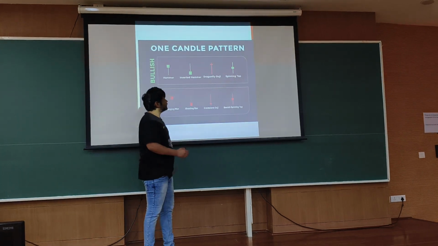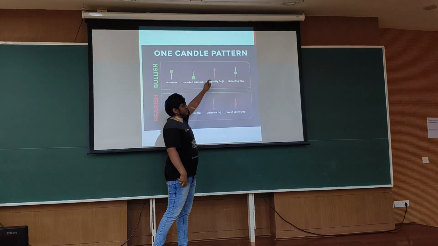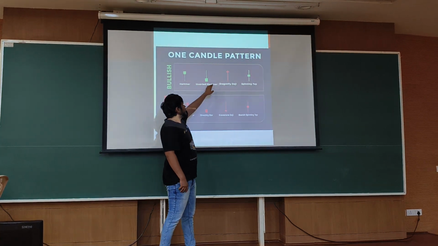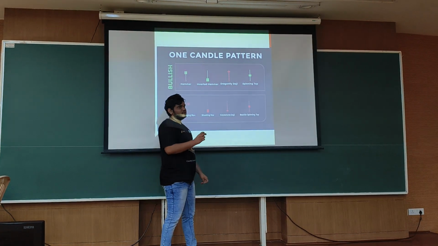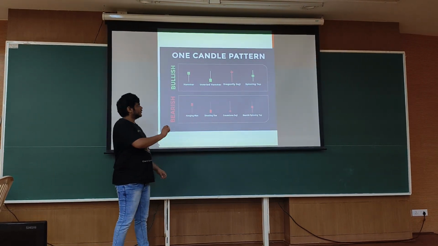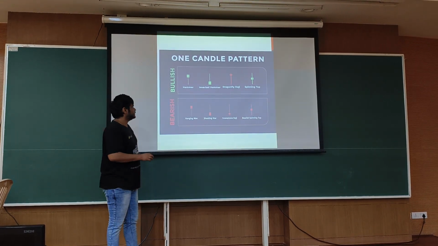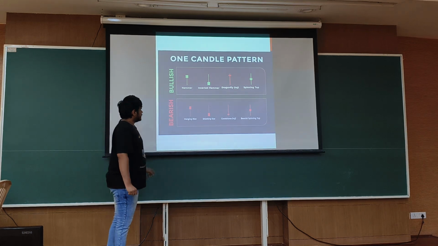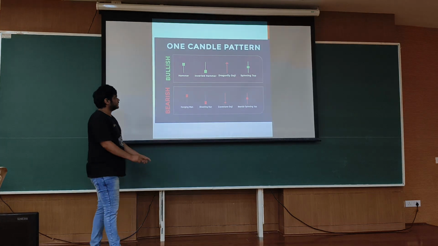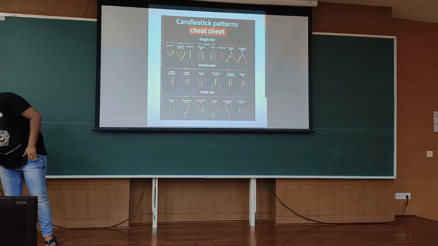This is a doji, where one wick is very big and there is asymmetry in the wicks. One side of the wick is very small, the other side is very large. And the body of a doji is very small, almost non-existent. This is the difference: in a hammer, the body is there. In a doji, the body part is very small. And this spinning top is like a symmetrical candle which has a smaller body. This is hanging man, this is shooting star, doji. Although I am not a big fan of these patterns, I'm just giving you some reference. Okay, let's decode